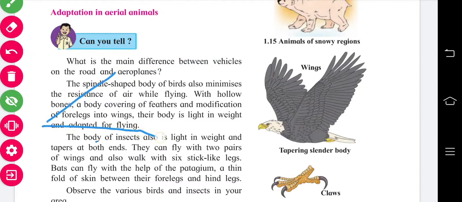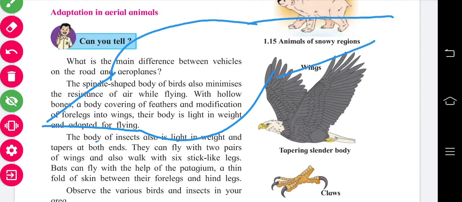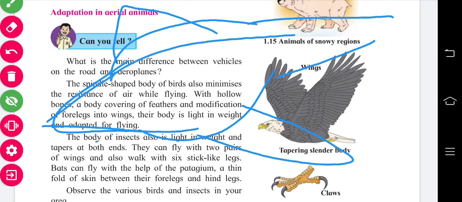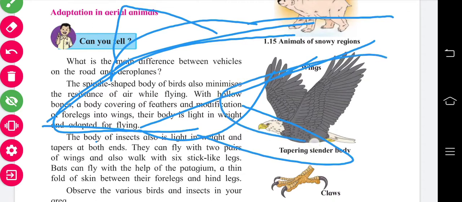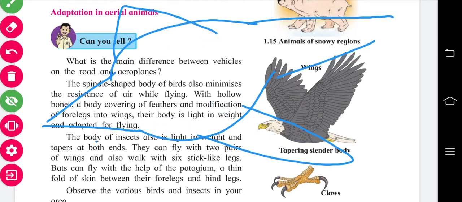Aeroplane is shaped like this one, is it? So after that here is a space, like you assume that. So these are the aeroplane shape according to that, is it? Like this aeroplane. So same way is the bird shape, is it? Observe that, correct? So why is there a spindle shape? Yes, the spindle shape body helps them